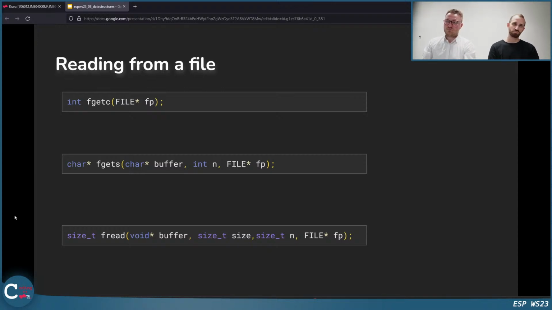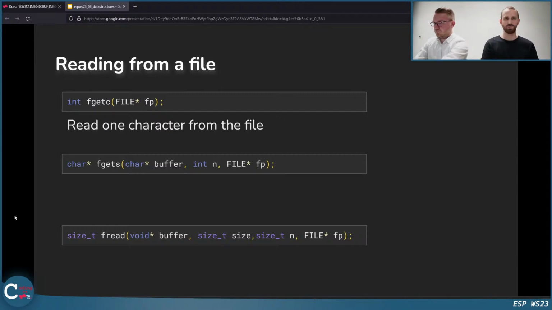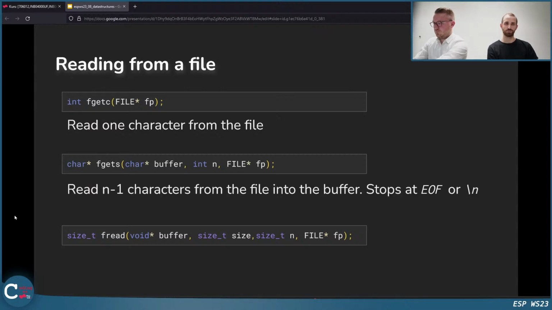I think the three most popular ones are fgetc, fgets, and fread, and they're doing pretty much similar things. fgetc reads one character from a file you hand over. fgets reads n-1 characters, depending on how many you want to read, but it stops at EOF or \n. We will come to what EOF is on the next slide.